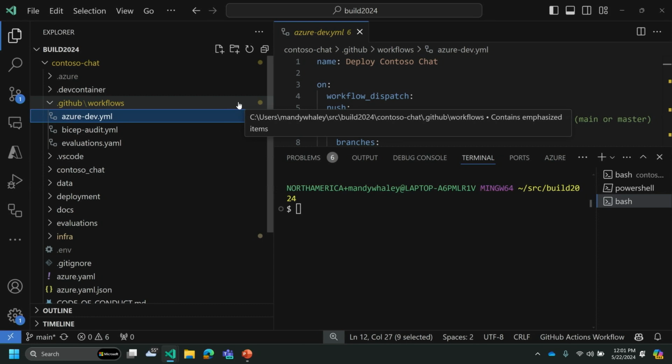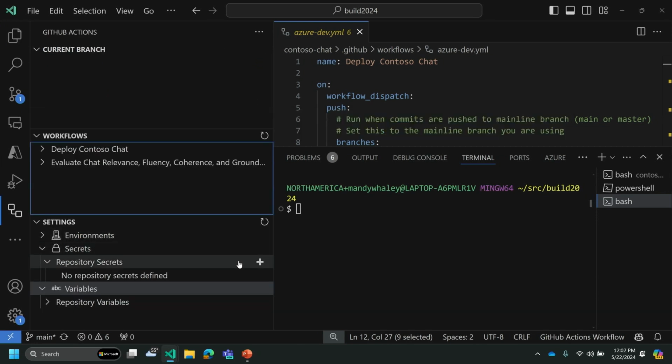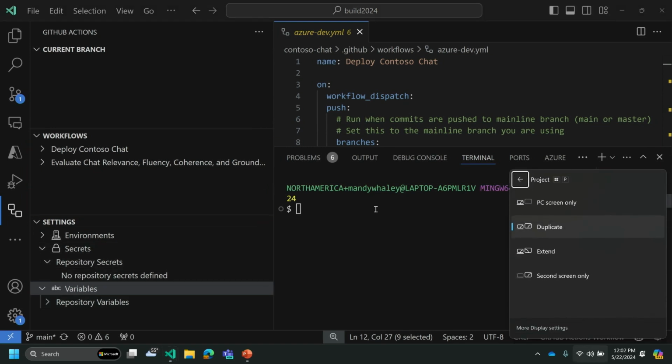your variables are handled correctly. So if we take a look right now in GitHub Actions, you can see I don't have any secrets, I don't have any variables. But if I run AZD pipeline config,